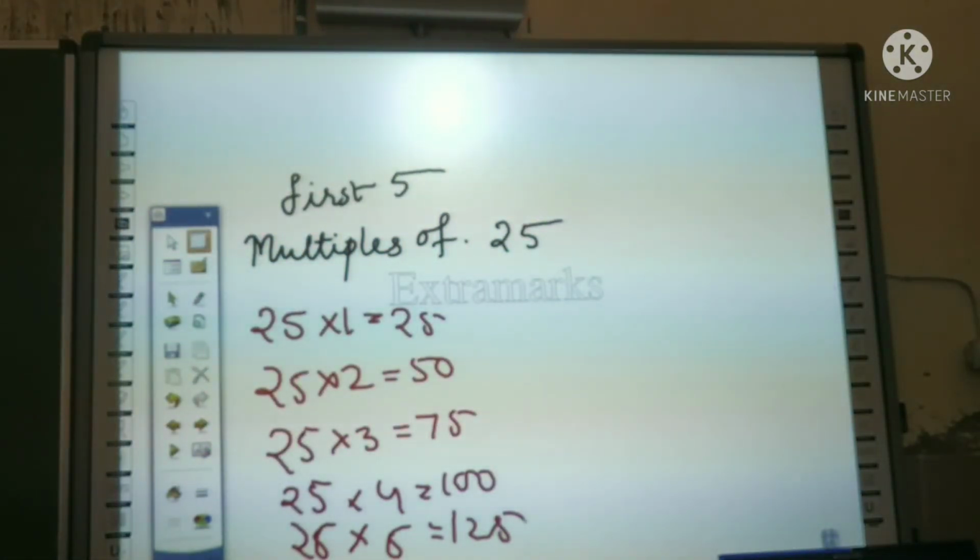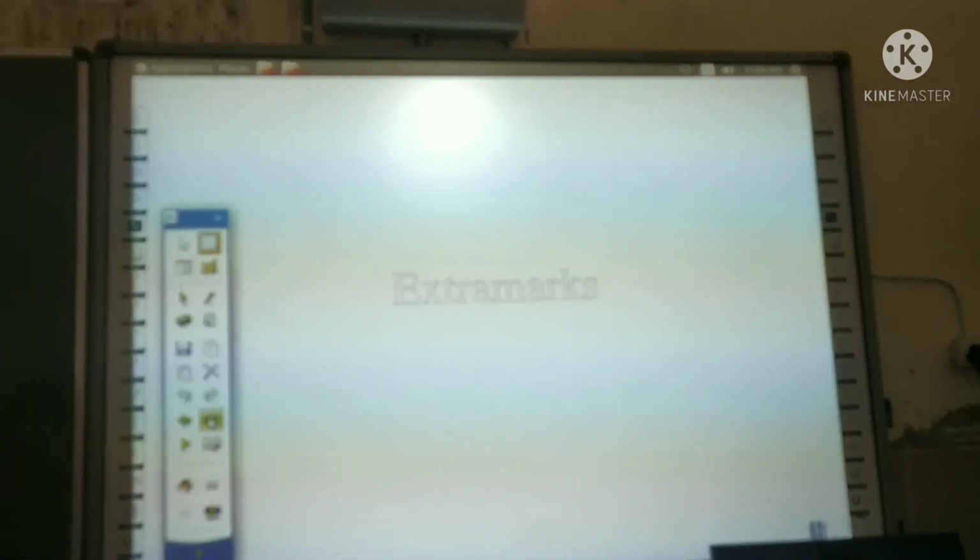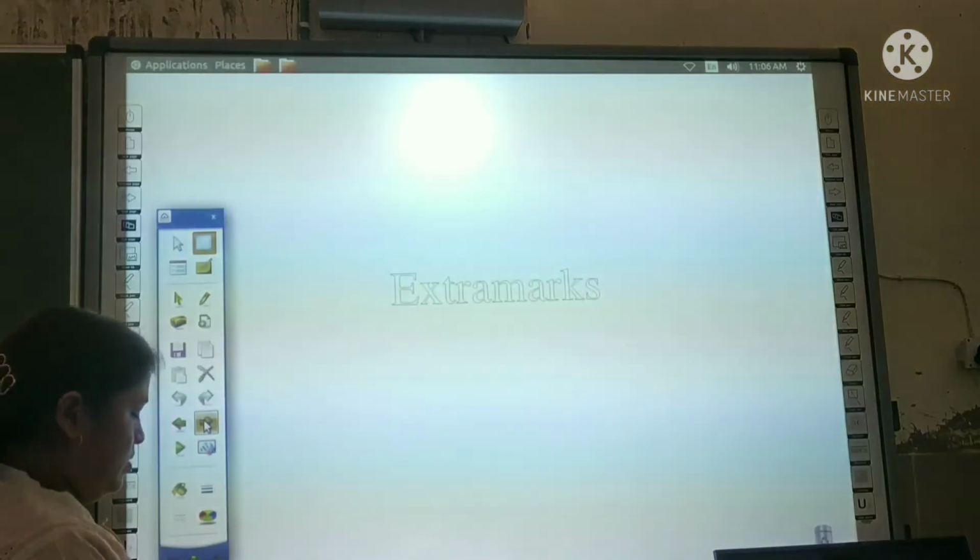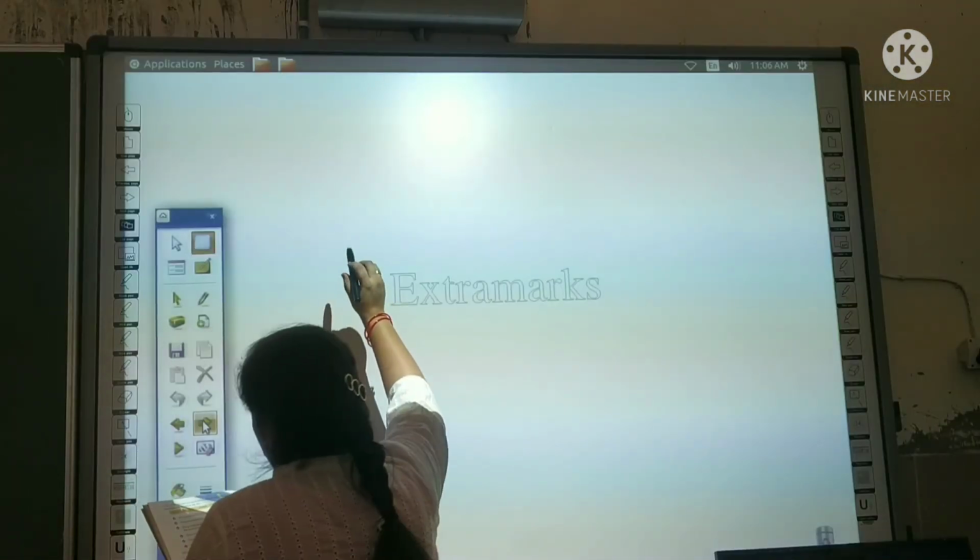I hope all of you understand what is a multiple. Product of any number are the multiples of that number. Okay, so what do we write as the definition of multiple? Multiple की definition क्या लिखेंगे? Now there are some properties. Write down in your copy. Properties से पहले कुछ क्वेश्चंस करो.